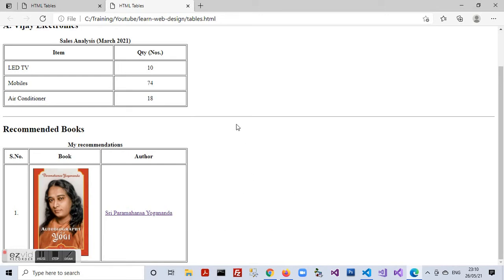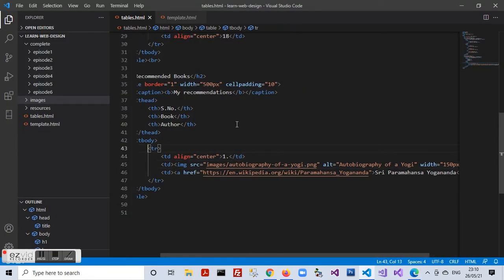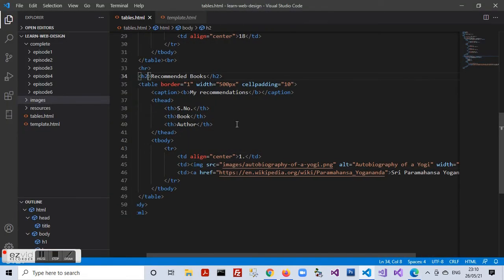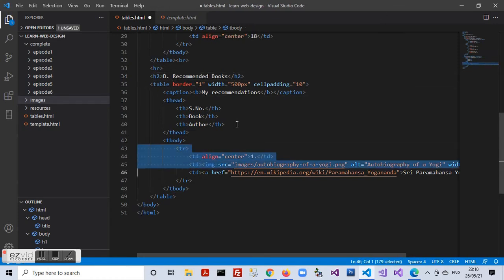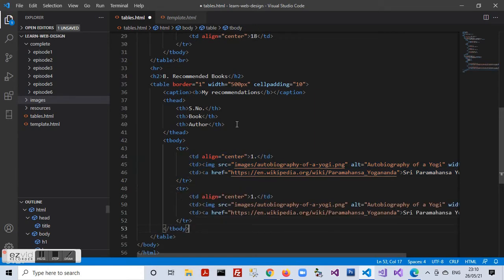I move on to creating the second row of this table. So I'll copy the initial table row structure and I'll make the necessary changes. So the serial number has to be 2.